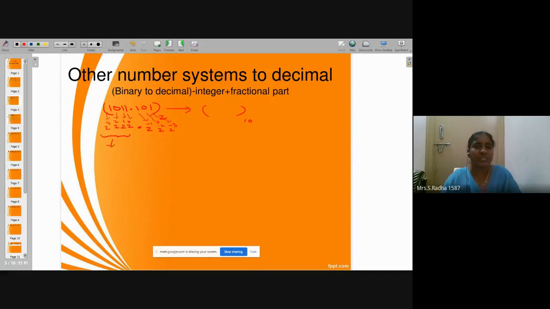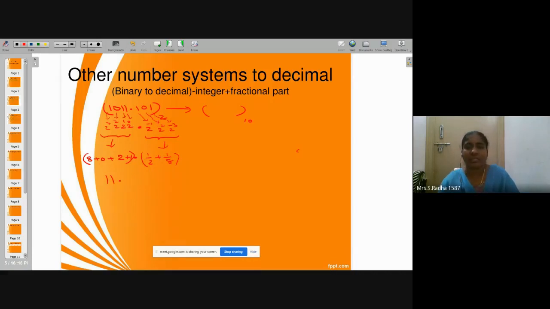So what is the sum? And then the fractional part, separately addition should take place. And what is the sum here? So the integer part, if you see, becomes 1 into 2 power 3 plus 0 into 2 power 2, plus 1 into 2 power 1, and then 1 into 2 power 0. This is the integer portion. In the fractional part, you have 1 by 2 plus 1 by 8. You add these 2 and put it here. It becomes 0 point something. Here the integer part is 11 point.